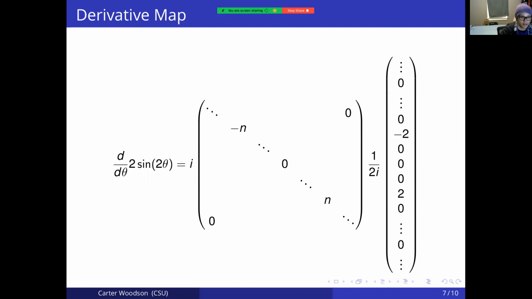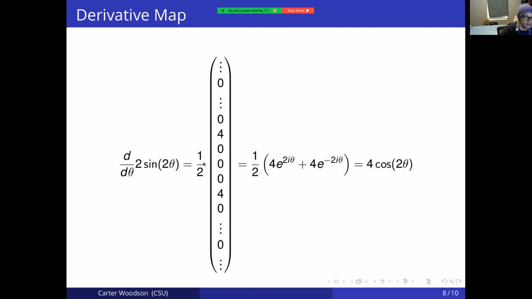And so what it really comes down to is this matrix operation. We can pull the scalars out since the transformation is linear with respect to scalars. So these i's are going to go away. And we'll end up with minus 2 times minus 2 in the minus 2 position of this matrix, and 2 times 2 in the second position of this matrix. We're going to leave the 1/2 out front for now,